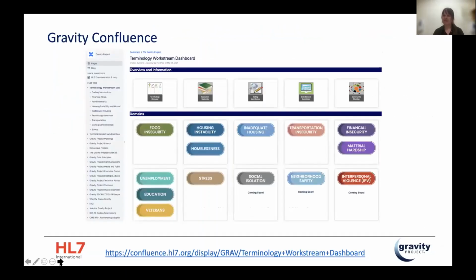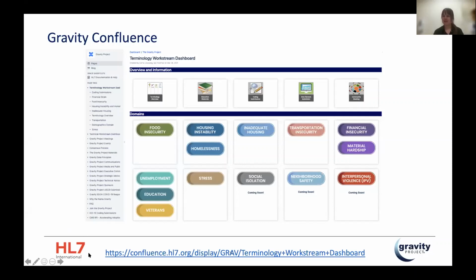This is just the Confluence. This is how to access everything that I just mentioned to you. The Confluence is massive. It's like two years of labor representing work streams across terminology, technology, policy. My contact information, I think, is at the end, and you can always write me an email. Marcy's aware I try to be fairly available. I just might not write back immediately because I do work in clinic. But this is where you can find all of our work, and this is where the community finds the work that we're doing regarding each of our individual domains.